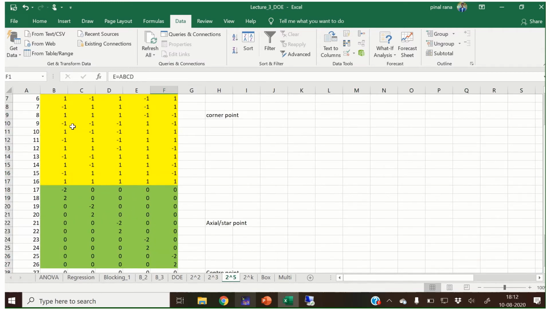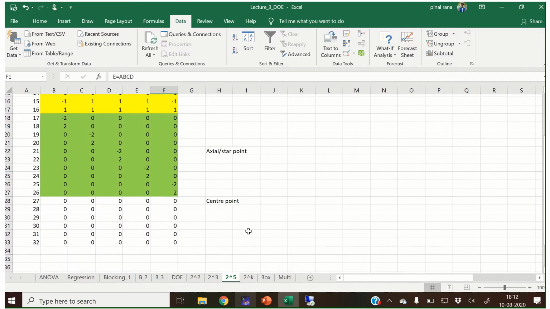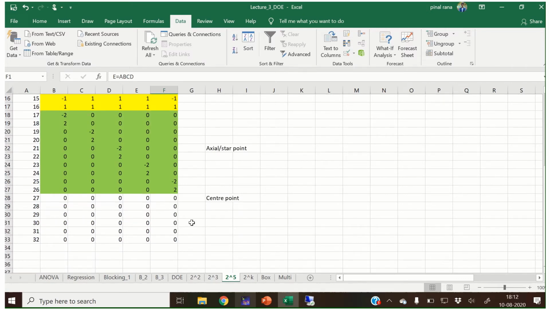I considered the two extremes of the first variable and the rest are 0. Same way for the second variable, third variable, fourth variable, and fifth variable. And in order to obtain the central combination, I have taken the central point and I take 6 repetitions of the central combination.